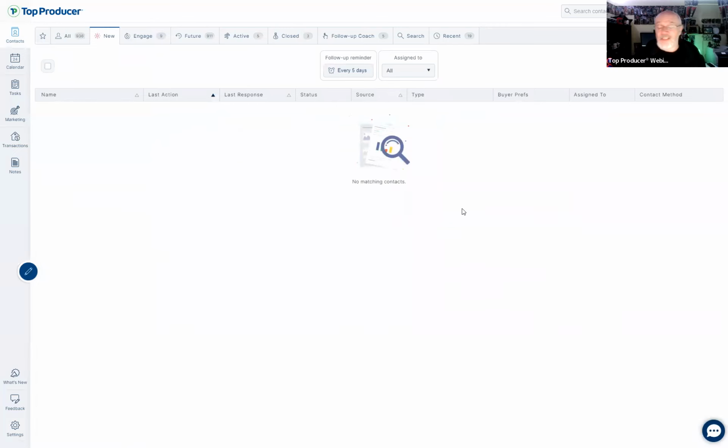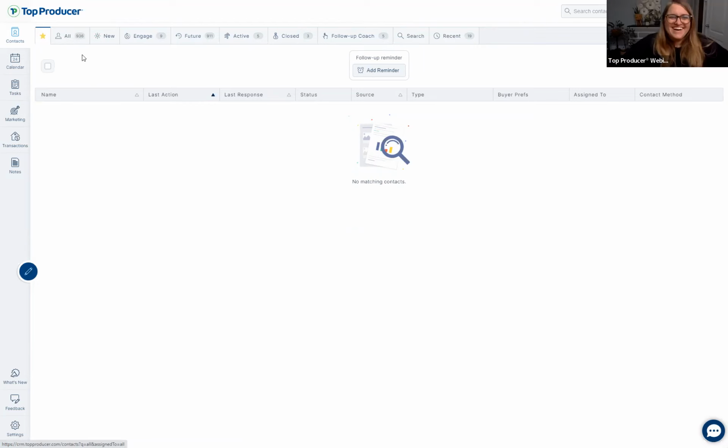So let's do a little bit of an example of the follow-up. Yes. So I'm here in my Top Producer, and you'll notice along the top, we have all these different items. Now, a lot of the follow-up coach does pull from these. So you're going to see these tabs, and my account is set in the default. The star is the ones you're going to say are your favorites. That one will either have people in it or not. Mine is empty right now because I don't have anybody. You don't have any favorite people. No, which is a lie, but I just haven't done that yet because every contact in my database on this account is a fake one. So I really don't know them.